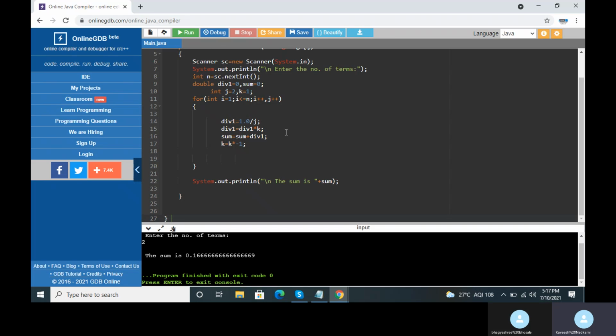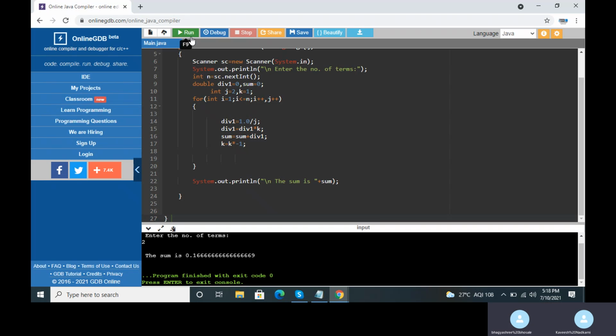So this extends up to infinity after the decimal point. But 1 upon 6 being a rational number, as you have studied in mathematics, the part after the decimal point is repeating itself. Correct? Because in the rational numbers, as you know, either the part after the decimal point comes to an end, or the part after the decimal point repeats itself. That is the digits repeat themselves. Then only it is a rational number. Yes. So you have got the expected output on the screen.